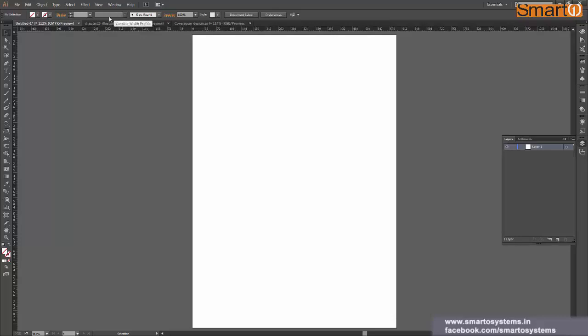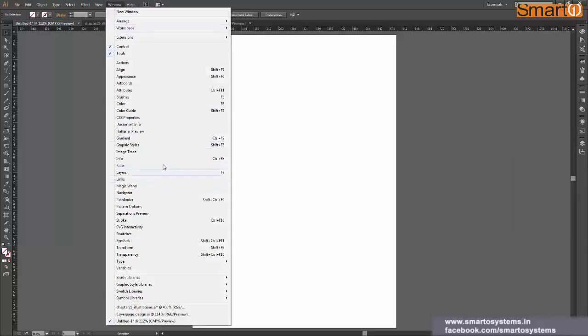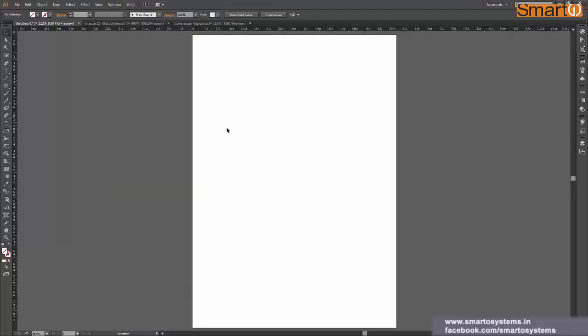Or if you don't have your Layers panel here, you can go to Window and click on Layers, and the shortcut key is F7. I use F7 most of the time. That's very convenient for me.